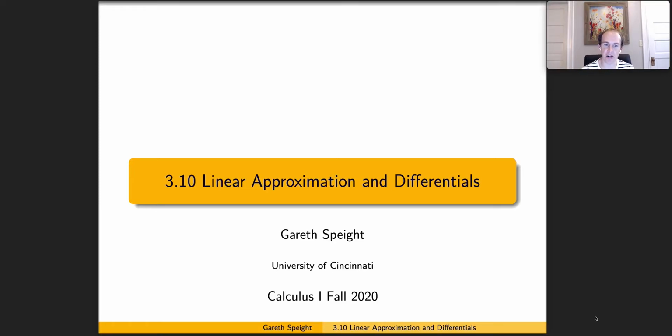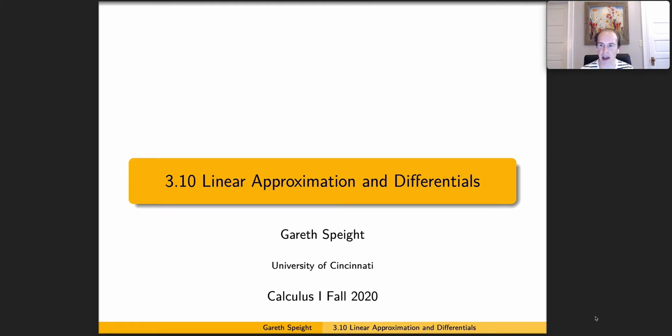So in this video, I'd like to talk a little bit about linear approximation and differentials. So here, the key idea is how we can approximate values of our function by simpler things instead that we can actually compute. And this has various applications, for instance, in solving equations, or even you could ask, philosophically, if